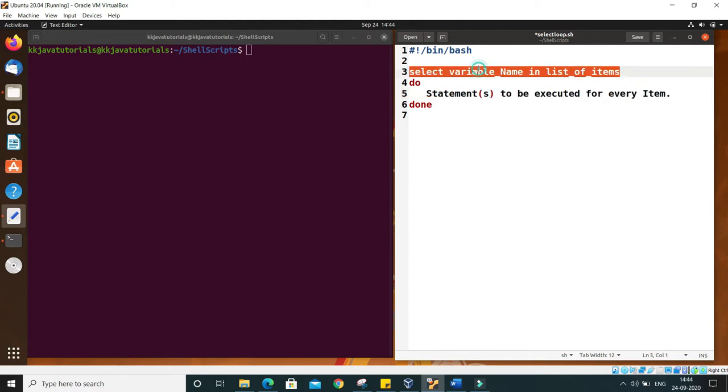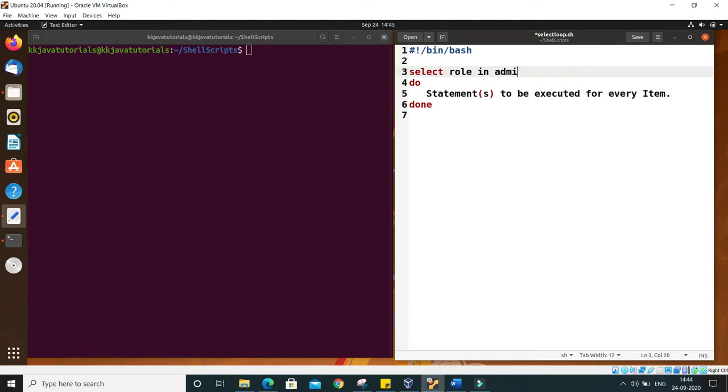Here I'm going to create a variable named role, and of course the in keyword you have to keep as it is, as we usually use in other loops like the for loop, which we would have learned in the past video tutorial. Now I'm going to specify a list of roles.